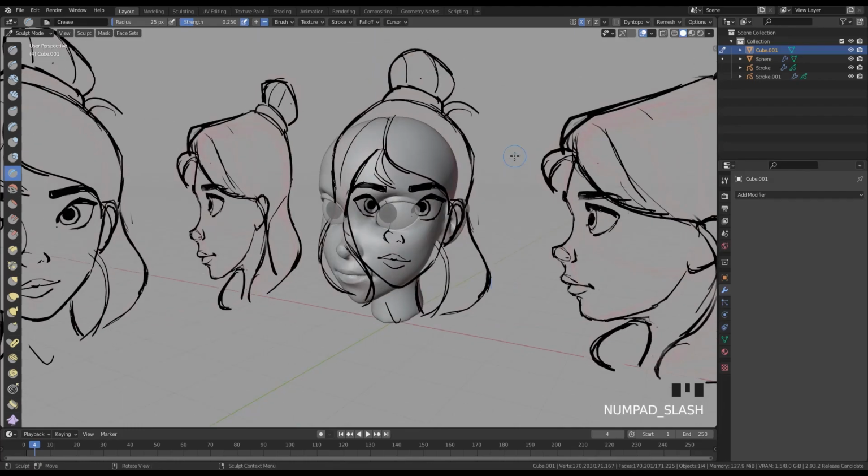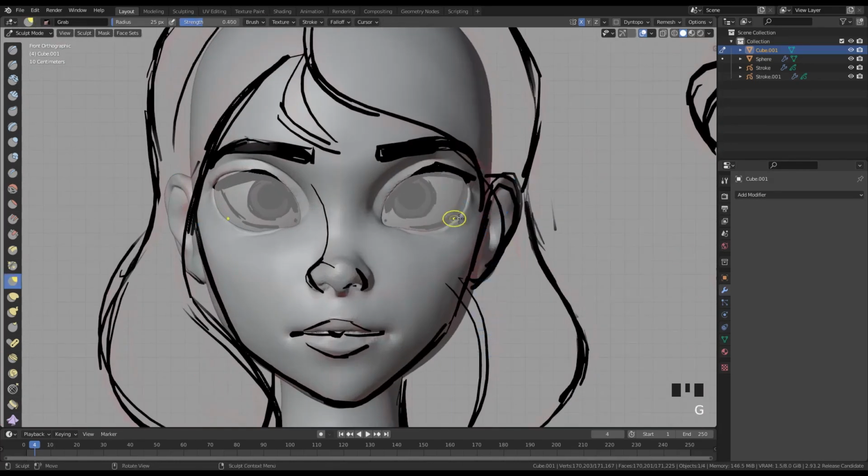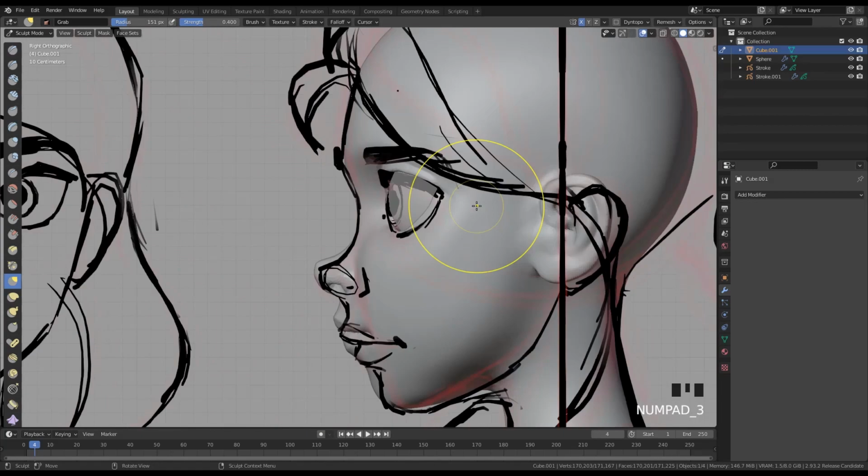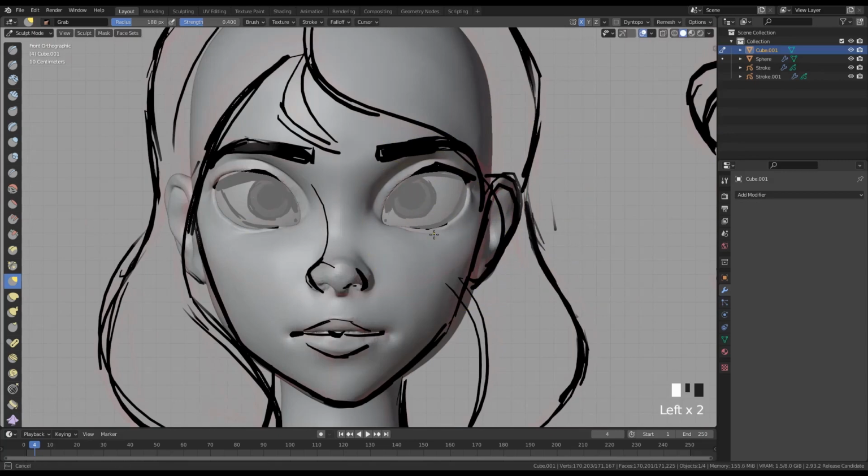Maybe the eye is a bit too wide from the front view. So one thing I can do is bring the eyelid forward a bit, and I can move up the lower and down the top eyelid. So I will do that and then press